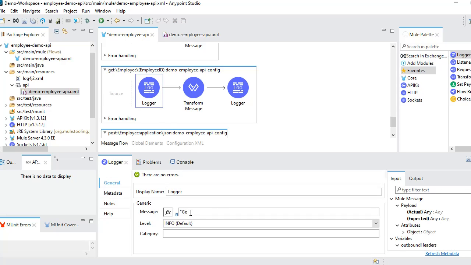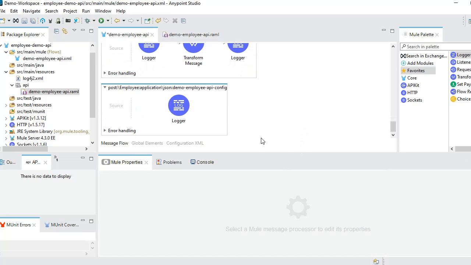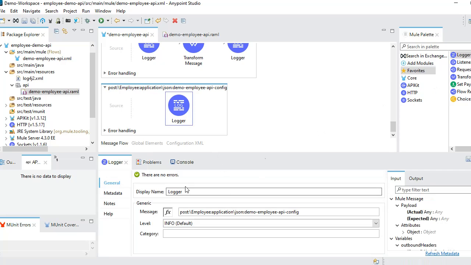This is getting one employee details, so employee ID. The third one, this is for what? This is to create a new employee in database. By default, this logger will come up with the actual default flow.